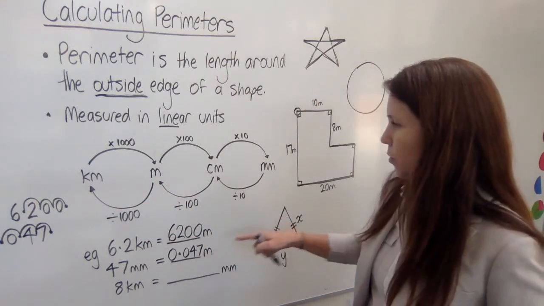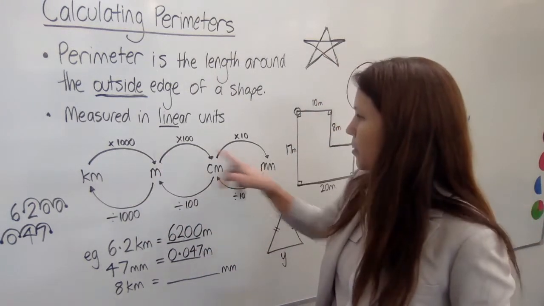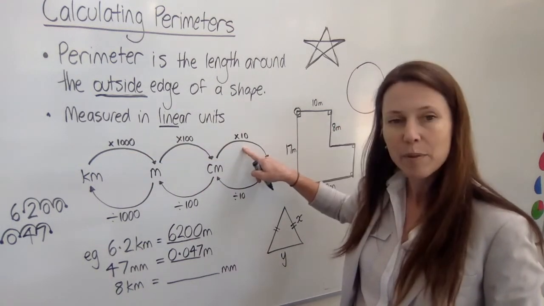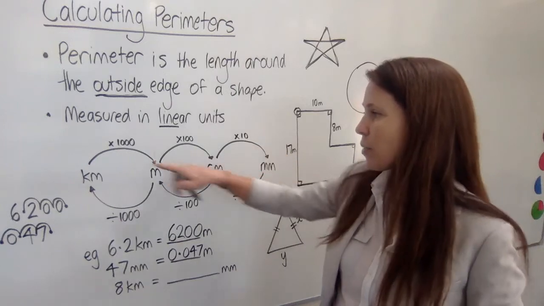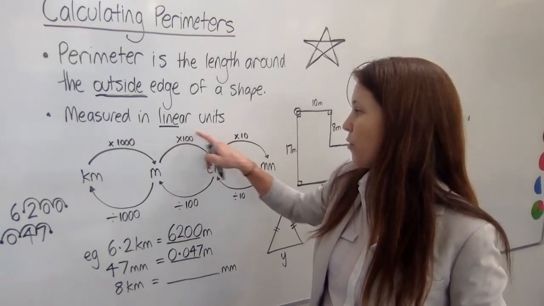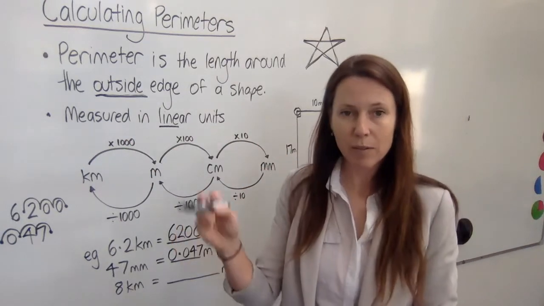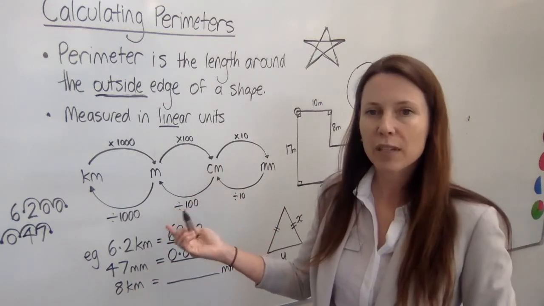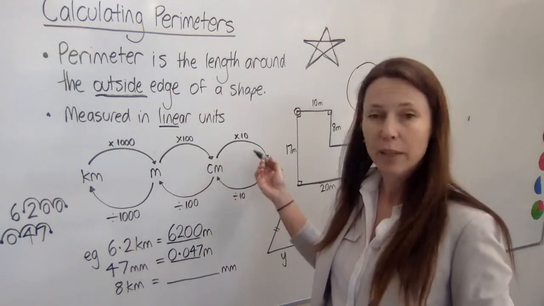So what do we do? Well, to get from kilometres to millimetres, we have to times by 1,000, times by 100, and times by 10. So we need to multiply by 1, 2, 3, 4, 5, 6, a number of 1 with 6 zeros. That's 1,000,000. The other way to think of it is move the decimal point 6 places to the